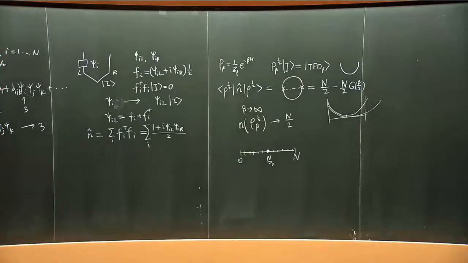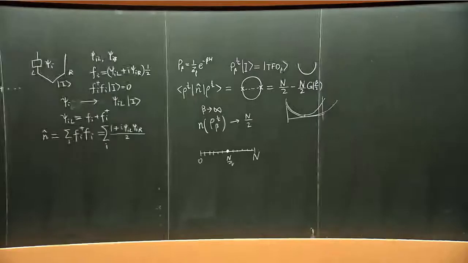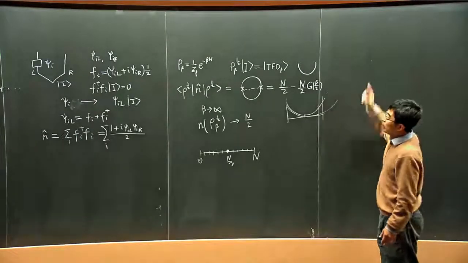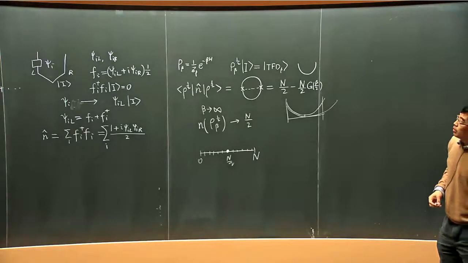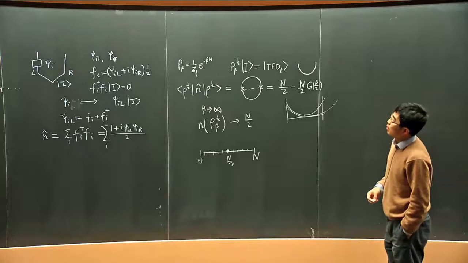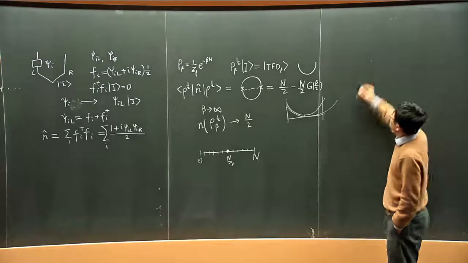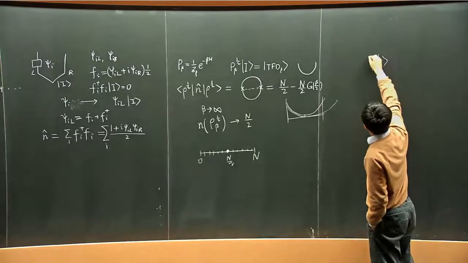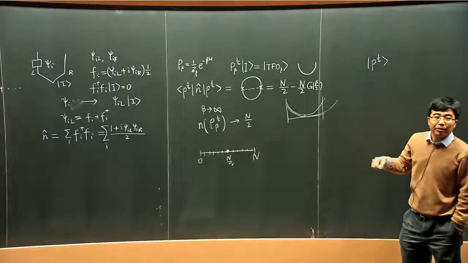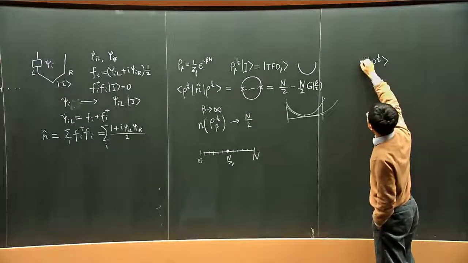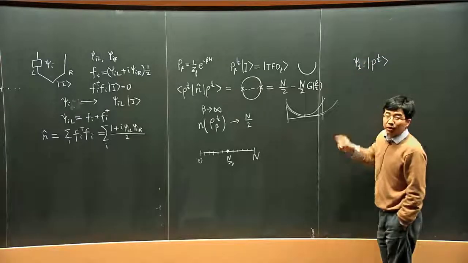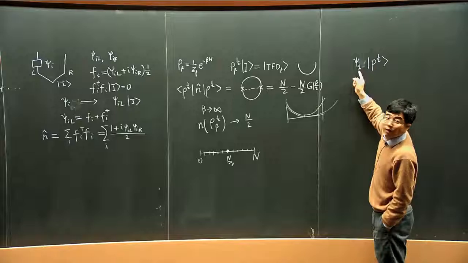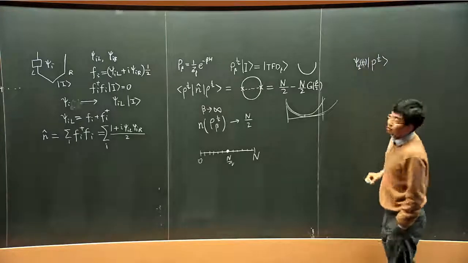And another surprise is that the same quantity shows up in the size of another operator. Let's consider that I start from the thermal state and apply an extra perturbation to it. Just to be concrete, we say i equals 1, fixing one of them, at some real time t.